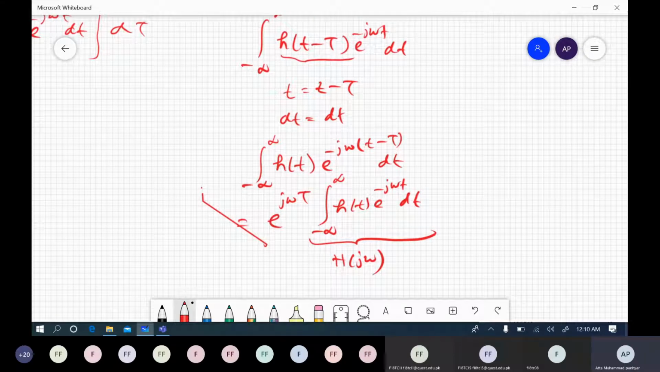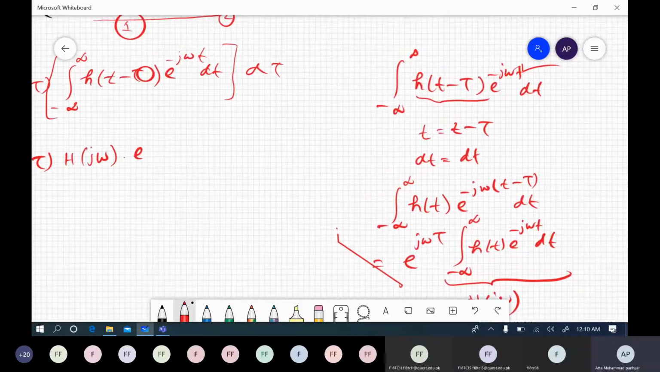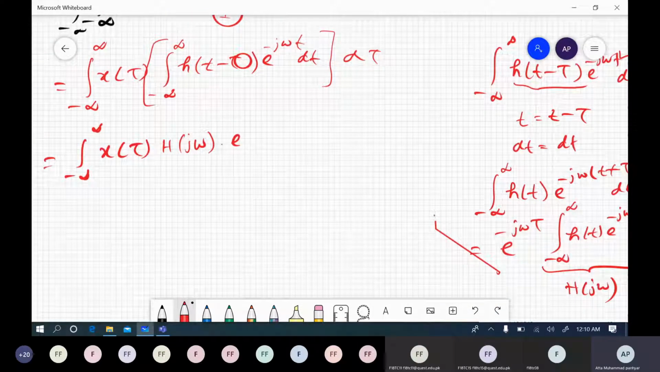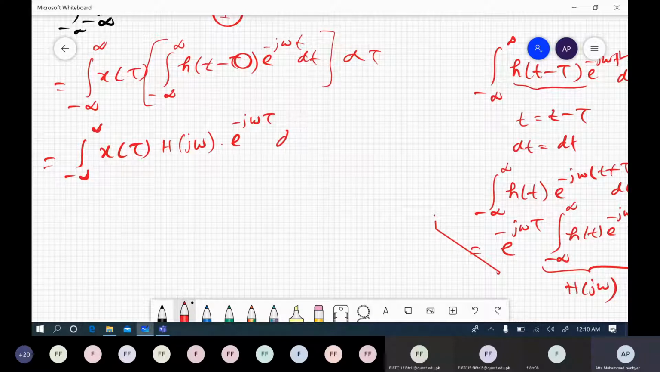Yes, I have made a mistake. For example, if we say this is t equal to tau, then this t must be equal to t plus capital T, this t1, right. So this must be t plus capital T. So here must be capital T, and this must be minus tau, right. So this must be equal to h of j omega e to the power minus j omega tau and d